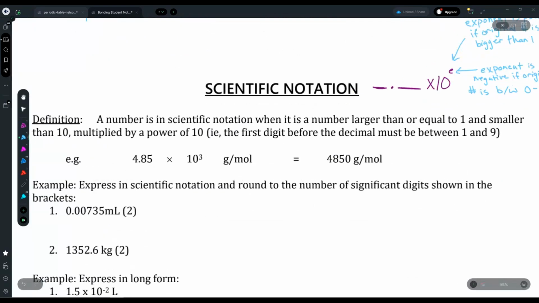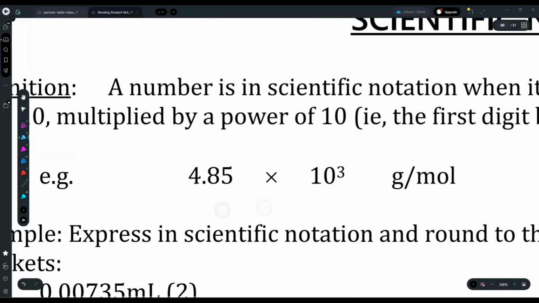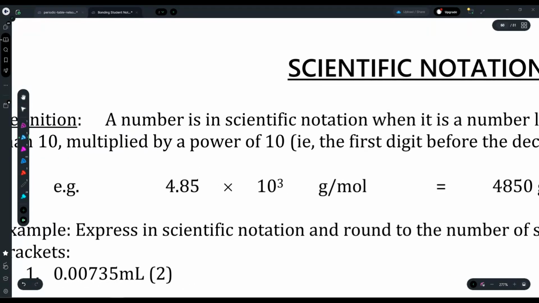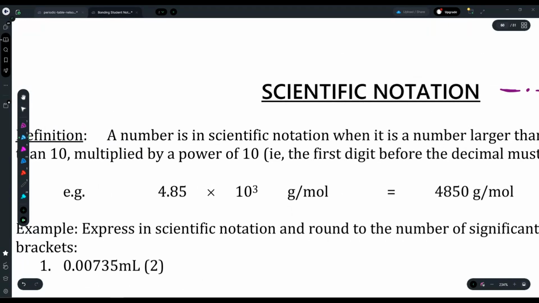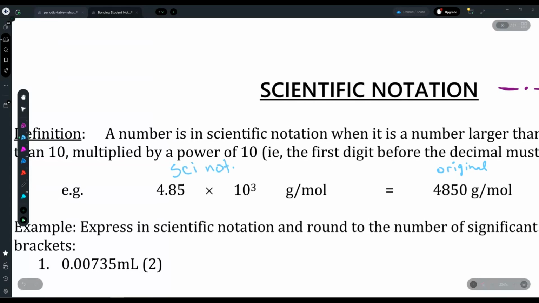Okay, so for our example here, we have 4.85 times 10 to the power of 3. If we wrote that out as the original number, I mean the non-scientific notation number. So this is scientific notation. Notice that there's only one digit to the left of the decimal. If you have any more than one digit to the left of the decimal,